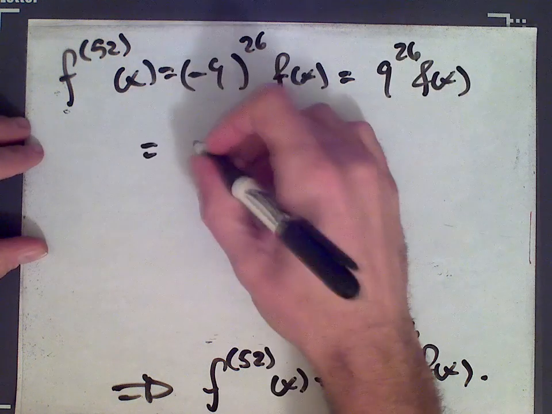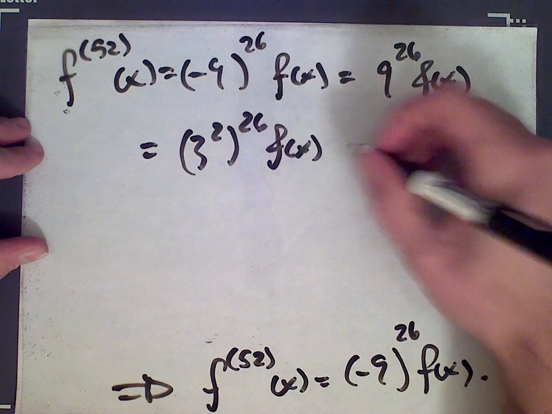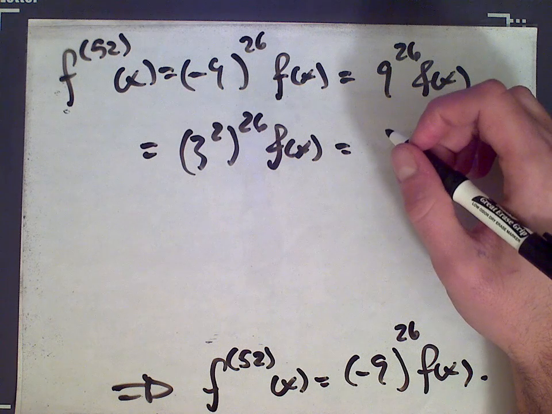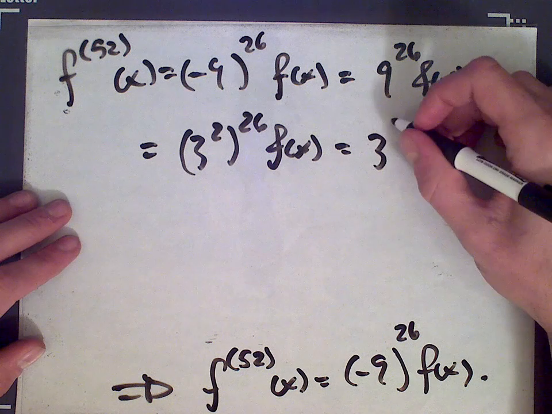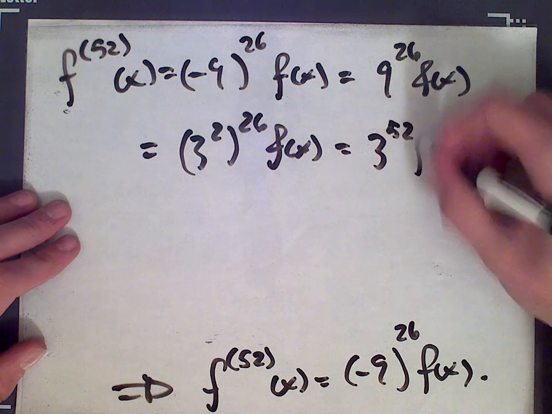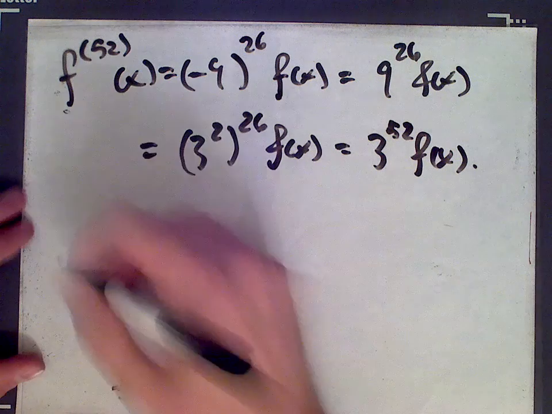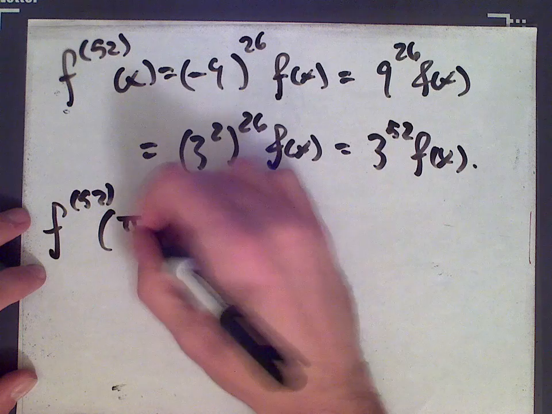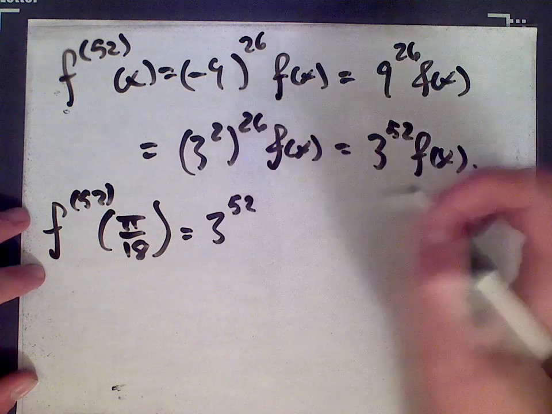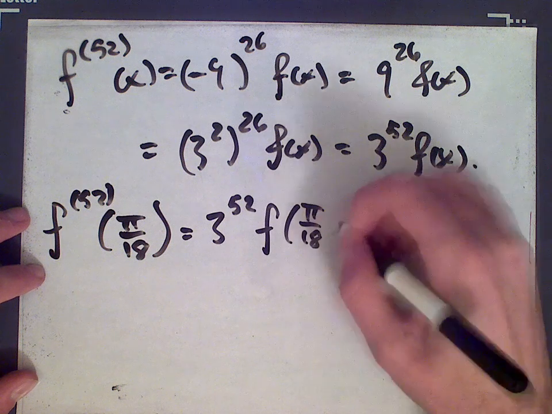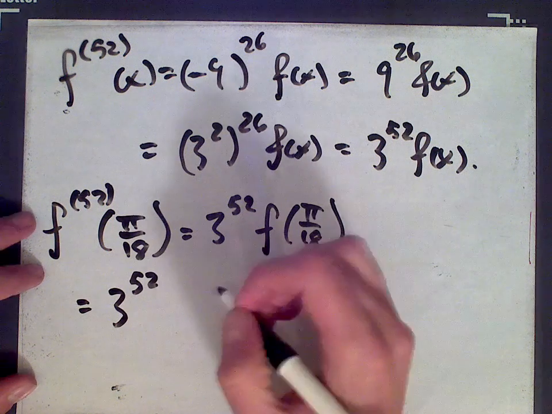And now we're going to write this as 9 is 3 squared to the power of 26 times f of x. Okay, and now from our exponent rules, we know that we should multiply 2 by 26 to get the exponent above the 3 there. So this is 52 times f of x. And then finally, we can evaluate our function at the given point. This is 3 to the power of 52 times f of pi over 18, which ends up being 3 to the power of 52 times